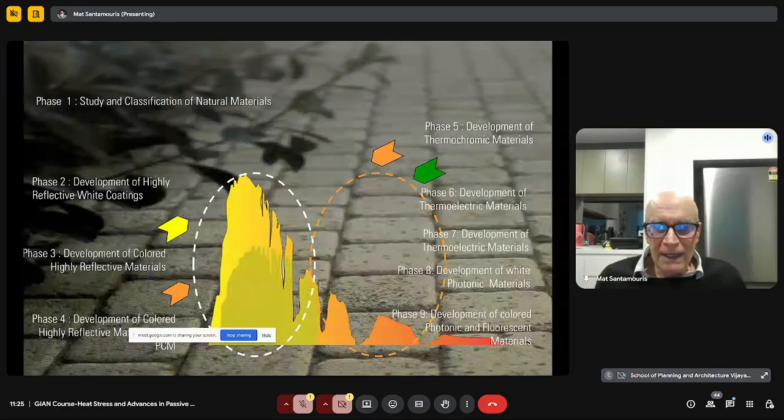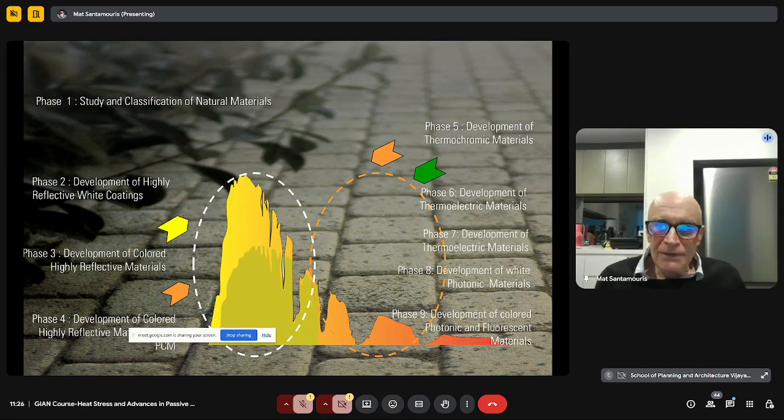Attention, it's not the color that defines the high reflectivity of the materials. For example, you can take a white paint which is based on metallic materials, aluminum for example, or a white paint which can be based on other polymeric ingredients. Both may have a similar color, and both may have a similar reflectance, but they don't have the same temperature. Why? Because the materials do not have the same capacity to emit the radiation. Why? Because their emissivity is different.